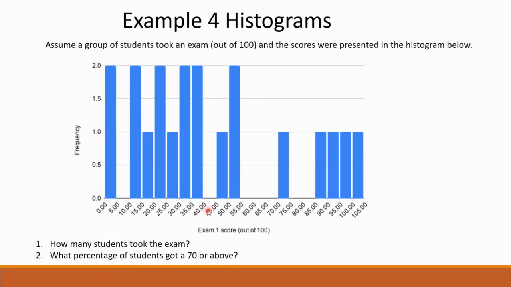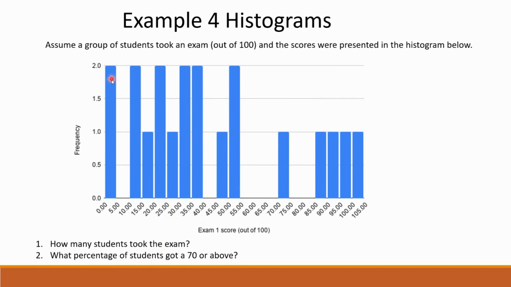Now, the question is, how many students took the exam? Well, it's really just like what we saw before. How do we get the number of people they questioned? Or in this case, how do we get the number of students who took the exam? Well, you add up the frequencies. You can almost think of it as whoever's running this experiment asked each individual student what their exam score was. And I guess we're assuming each student was honest enough to give their score, or somehow they got the score otherwise. But anyway,